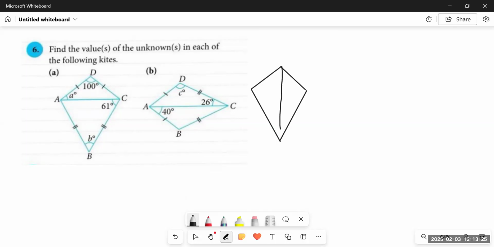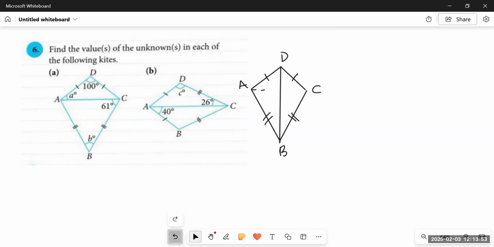But this time, this diagonal line is from up to down. Earlier, there was a horizontal line, you see, and this time there is a vertical line. So the two triangles formed would be different this time. Since we know these two sides are equal to each other and these two sides are equal to each other, but there is no line in between, okay? This is what you have to keep in mind.